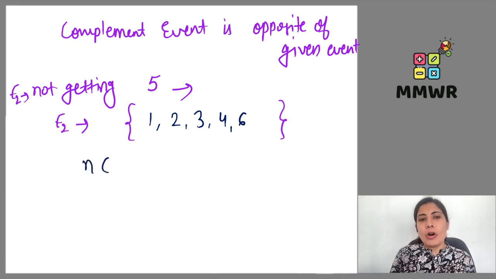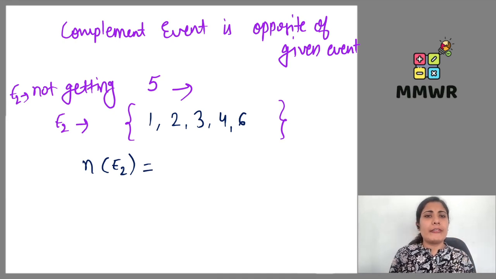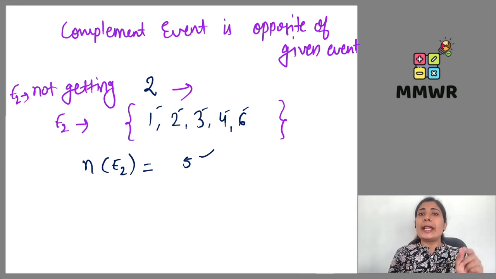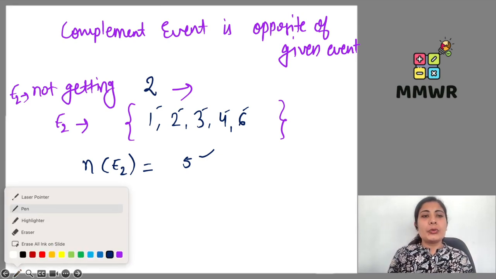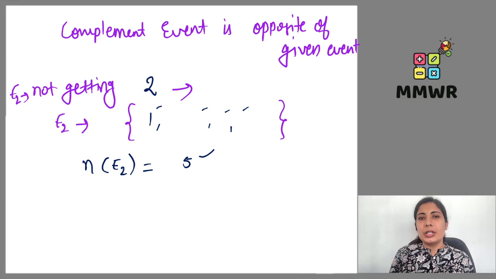So number of favorable outcomes for the event 2, which is not getting 5, is 5. 1 2 3 4 6. So 5 के केस में 5 ही आ गया है, ऐसा नहीं है. यहां पर अगर आप 7 ले लो, नो सो सॉरी नॉट 7, if you are taking 1, not getting 2, 2 नहीं आना चाहिए, तो 2 नहीं आए तो क्या हो जाएगा उसके लिए, 2 नहीं आए